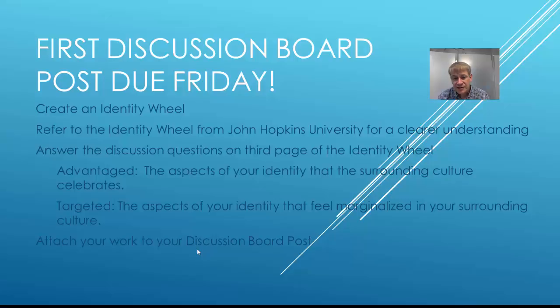What targeted means is just those places where you might feel marginalized. And so one example that's maybe a little bit more of a minor area of my life, but I live and work in a very extroverted field of student development and higher education, and I'm an introvert. And so sometimes I can feel my quietness or introversion can be a place where I feel marginalized.